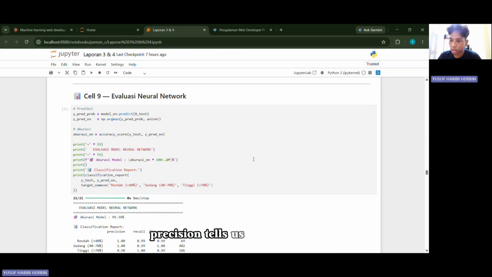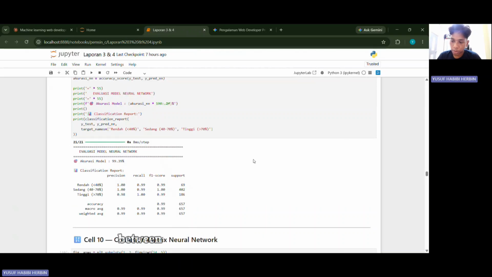Precision tells us, out of all the times the model said this is class A, how many times was it actually correct. Recall tells us, out of all the actual class examples, how many the model found. F1 score is the balance between precision and recall, useful when the data is not evenly distributed.